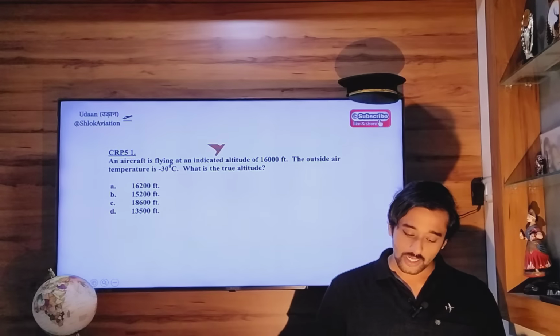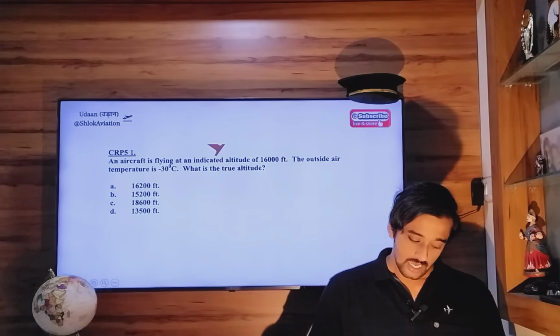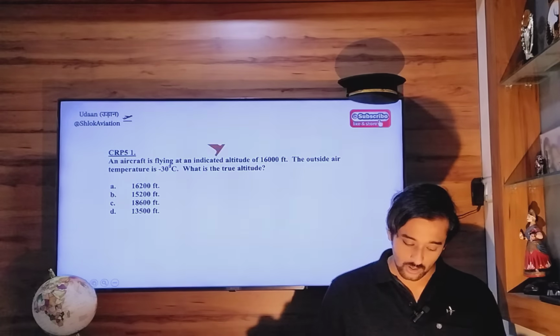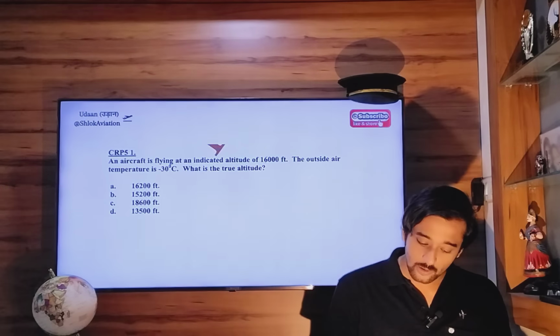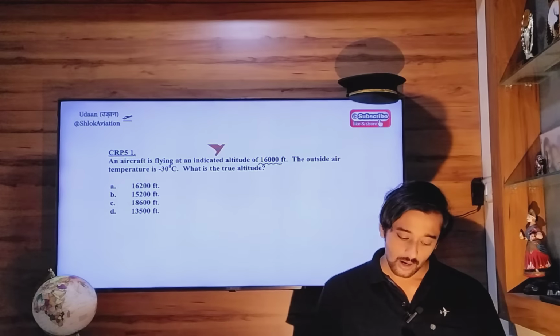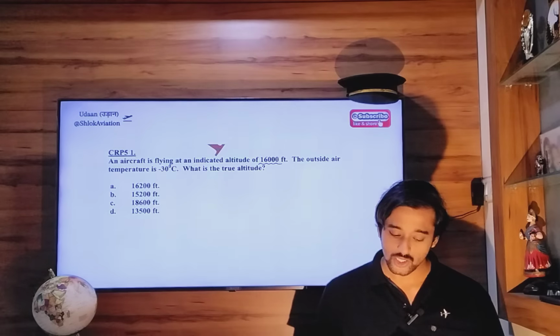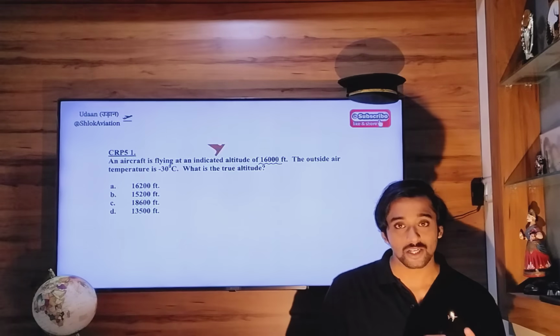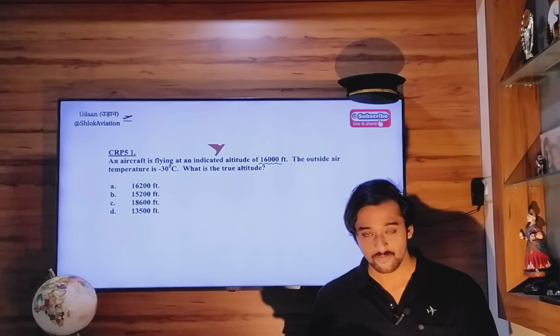Flying at an indicated altitude of 16,000 feet. The outside temperature is -30. What's the true altitude? Indicated altitude means the altitude indicated by your altimeter is 16,000. Outside air temperature is given to you. Now remember, whenever you are flying from a high pressure area to a low pressure area, the